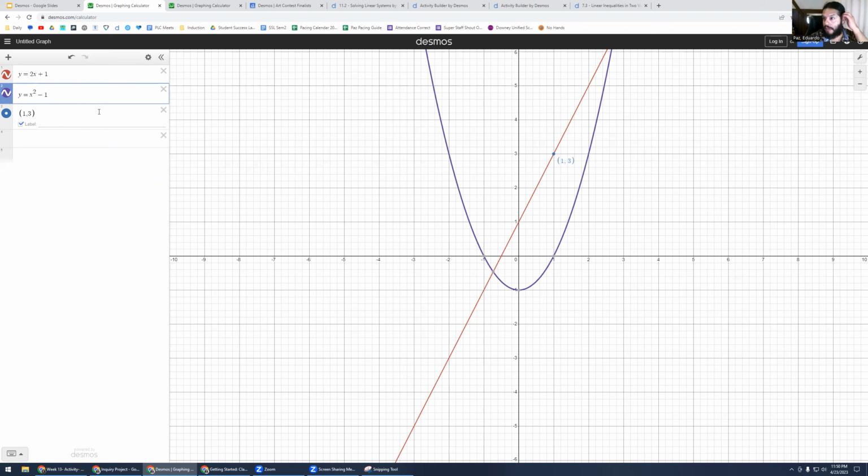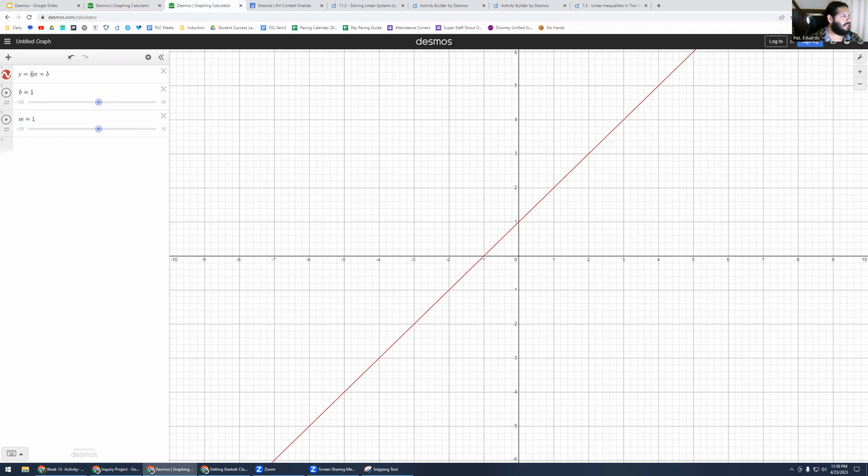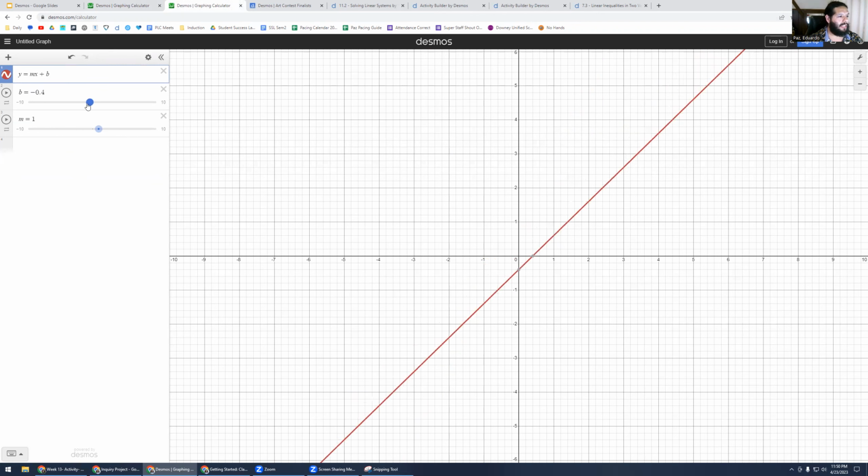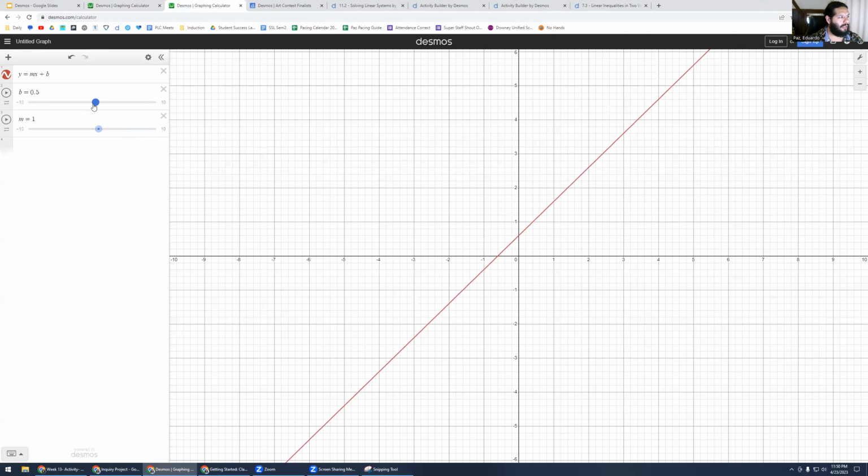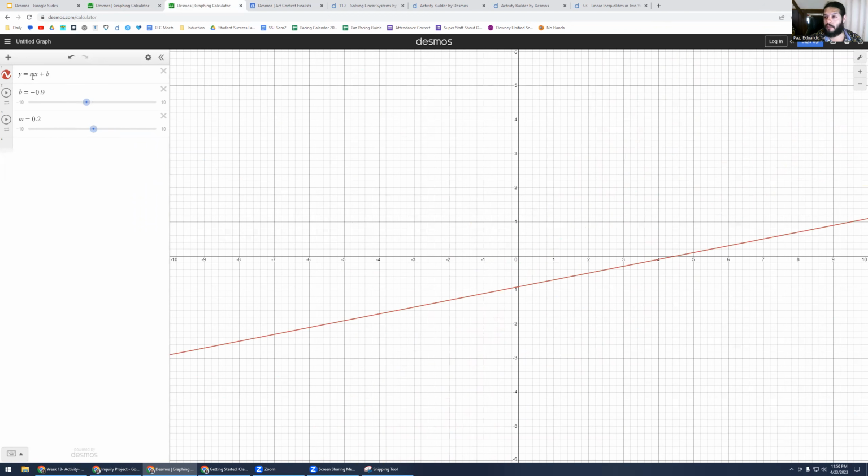So here, within a matter of a few seconds, I've been able to graph a straight line. I've been able to graph a quadratic function. And what's even cooler is, let me go over to this other tab here. You could even set some of those items as variables. So instead of putting an exact number, I can keep it as M. That way I can change the position of this line. Right now I'm sliding B. So I can change the y-intercept, or I can change the slope. And this is a really good visual tool for students to see which variables change the function